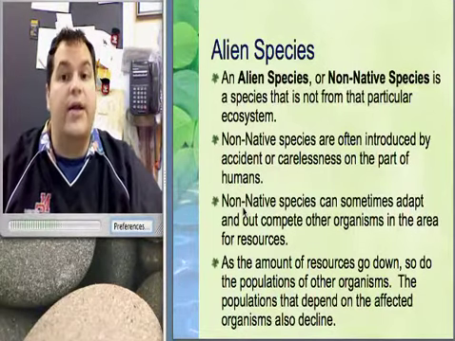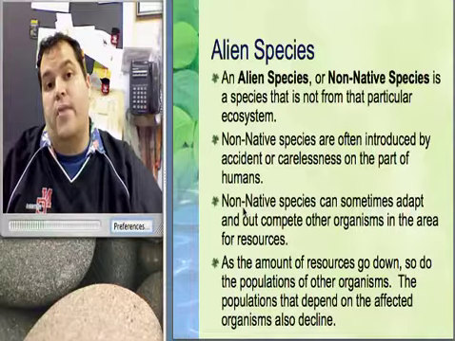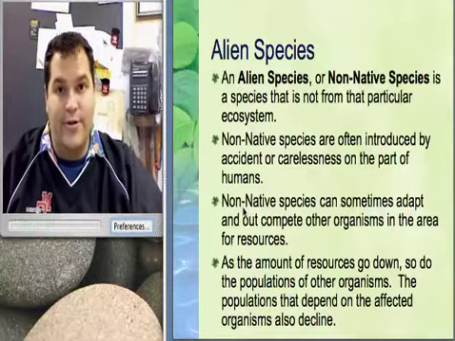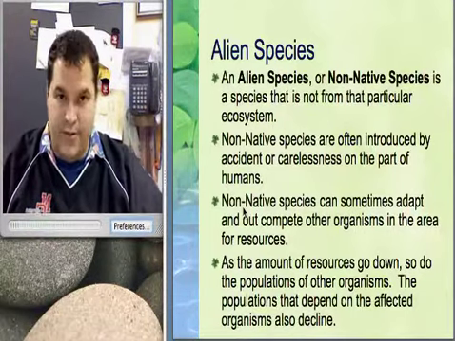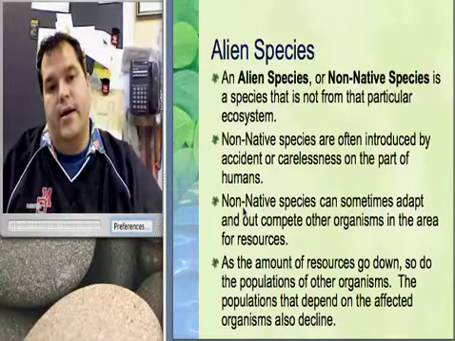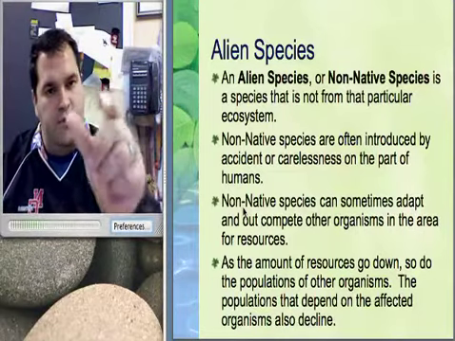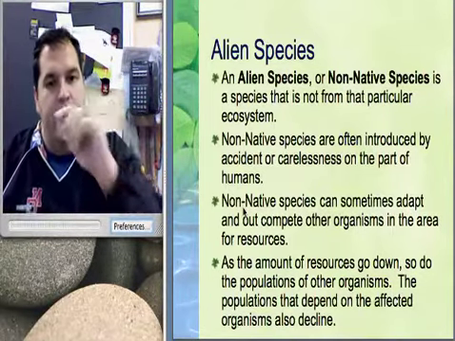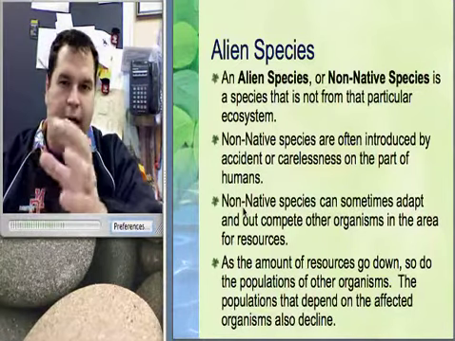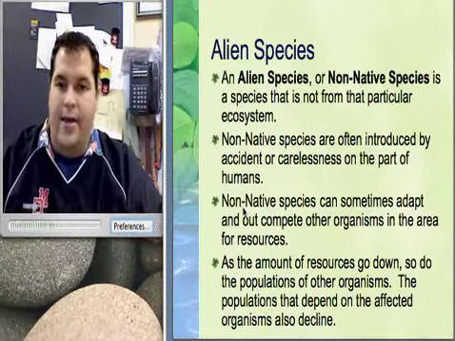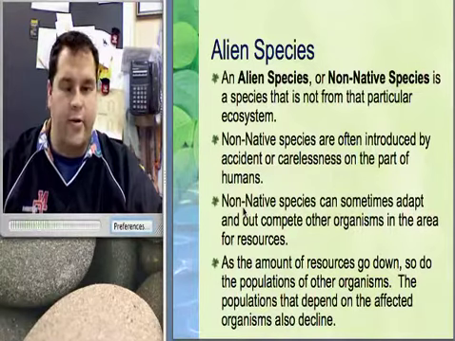Well, since we are in Indiana, let me give you the one that's probably closest and dearest to our hearts, and that of the little zebra mussel. A zebra mussel is a little bivalve. It's a little mussel, looks like a clam. The shell of it is black and white striped, and they are from Europe. But now they're in the Great Lakes.